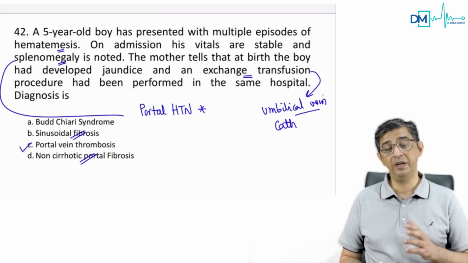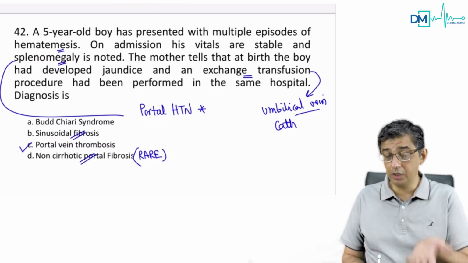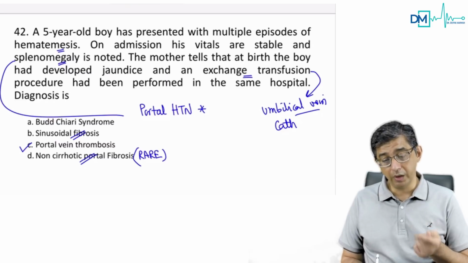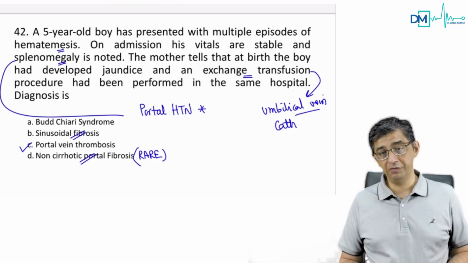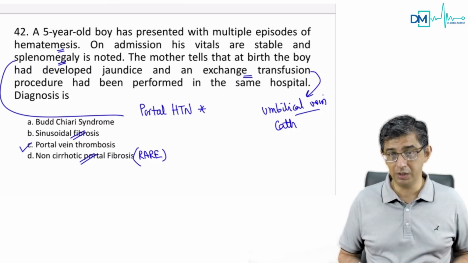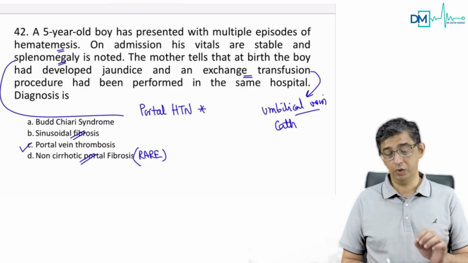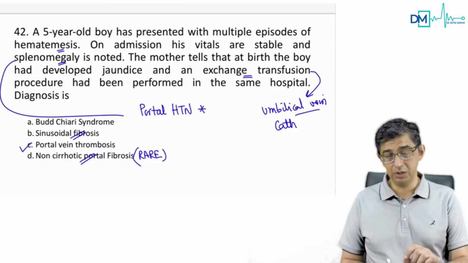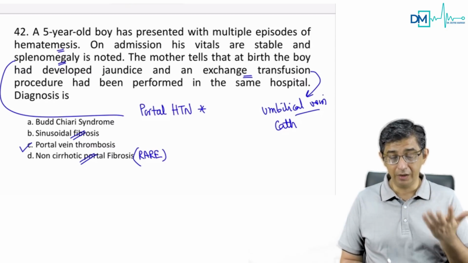Non-cirrhotic portal fibrosis is a diagnosis of exclusion. This is the rarest cause of portal hypertension. If a person is non-alcoholic and viral markers are negative, the rare cause of portal hypertension is NCPF. The correct answer to this question is portal vein fibrosis. Causes of portal hypertension have to be studied, and you can go through the cirrhosis and its complication lecture and portal hypertension discussion to understand this better. The key of this MCQ was that the child had undergone a procedure where umbilical vein catheterization was done, and therefore the catheter is a foreign body in the vein, so that can trigger thrombus formation.